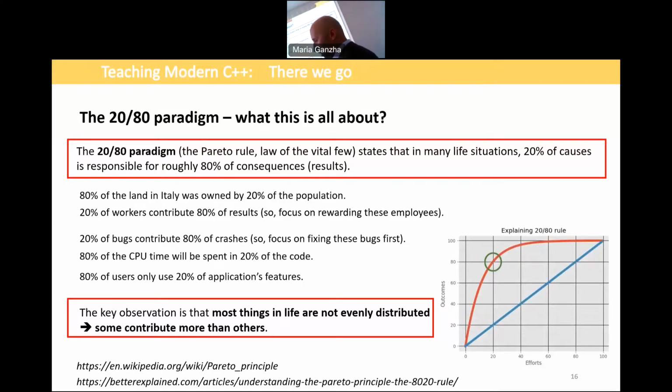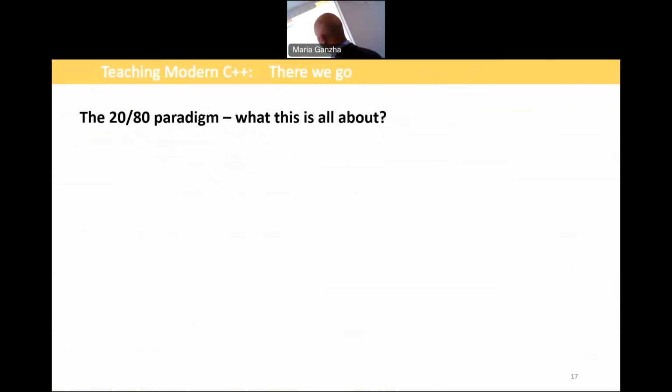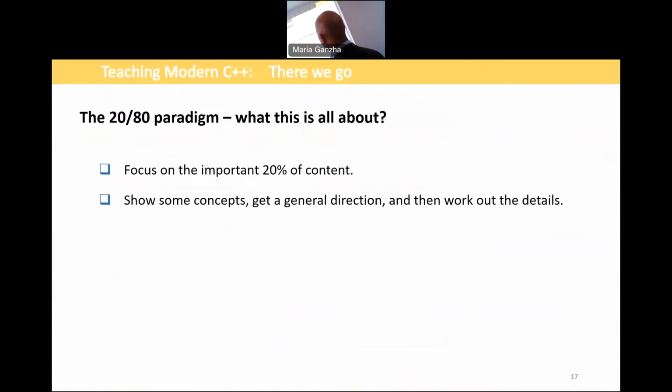So if we choose properly this 20%, 15, maybe 25, doesn't matter. But at the beginning, this initial material, just like a plane taking off, then we can expect good productivity in the early weeks of students. So this we should focus on at the beginning. So that's the point of this idea. Yeah. So focus on the important 20%.